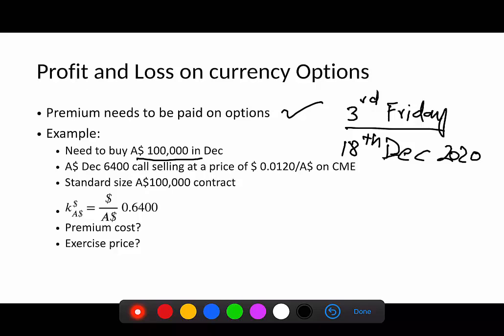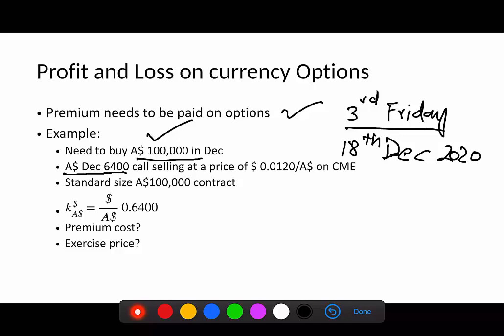Let's suppose you are the importer of some Australian product, and you need to pay 100,000 Australian dollars on 18 December 2020. You want to buy the call option contract, because it will give you the right to buy the underlying currency, which is the Australian dollar. And why is it Australian dollar 100,000? Because this is the standardized contract size of the option contract on the CME, and the contract is Australian dollar December